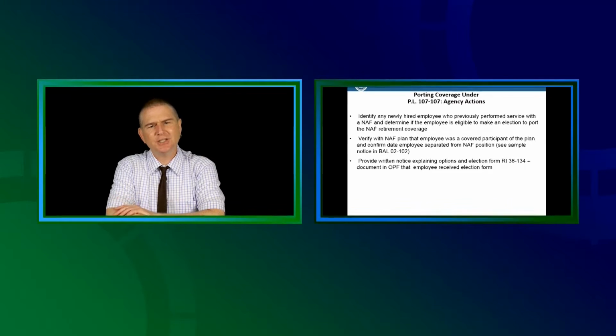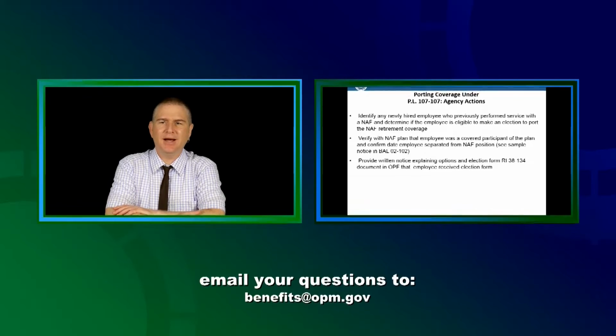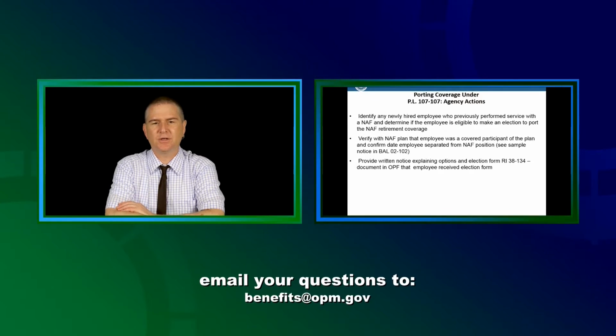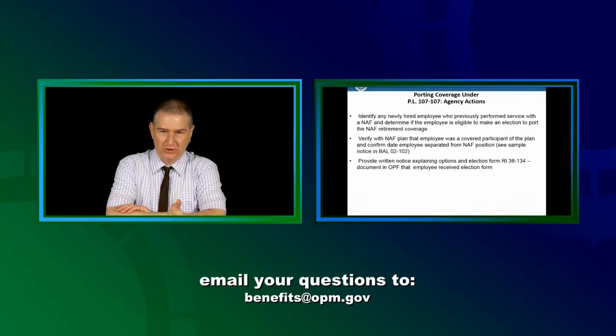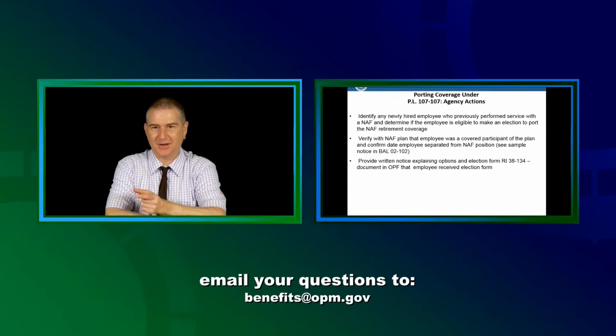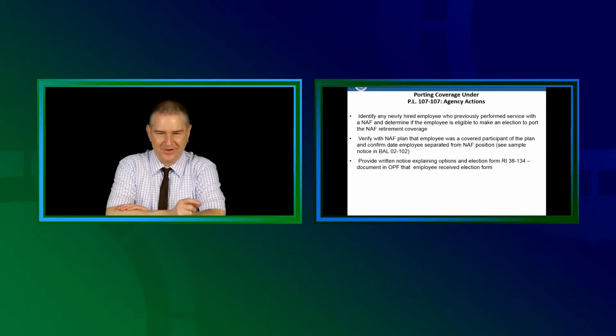For those of you who are new to HR, if you're referencing our BALs, our Benefits Administration Letters, and you find those on OPM's website, the first two digits of that BAL are the year. So when we're talking about 02102, we're talking about a 2002 BAL, okay? Public laws are a little bit different because the public law represents the Congress. The first three digits represent the Congress that it was done under, which doesn't necessarily correspond to a year, but our BALs, the first two digits, are the year in which we published the BAL.